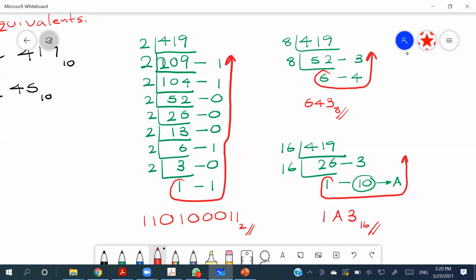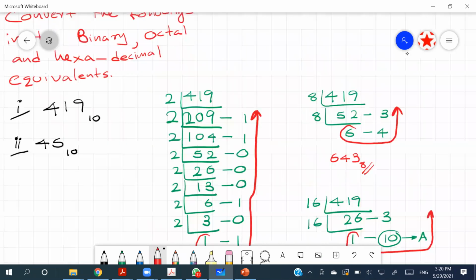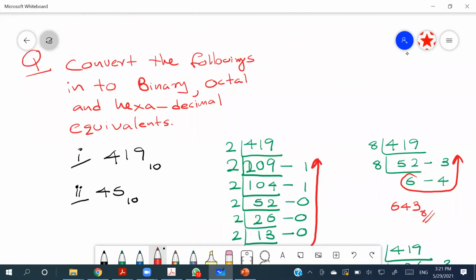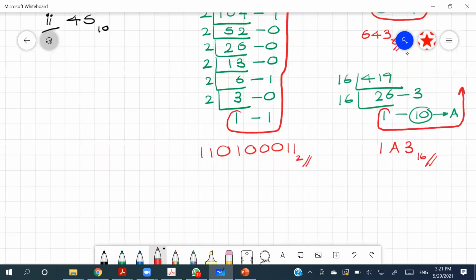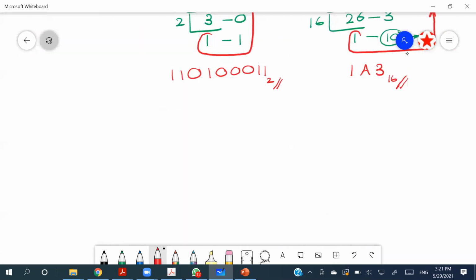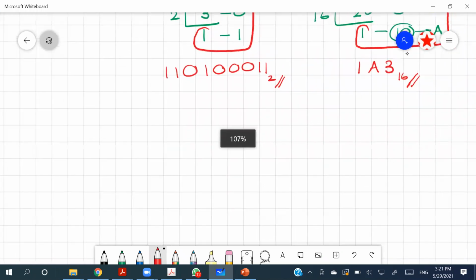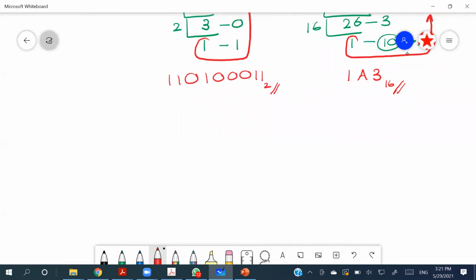Right? Okay, I'm not going to do the 45 because it is a simple calculation. Okay, now I'm moving to the second type of our calculation, right? So the second type is converting non-decimals into decimal number system. Okay, so you may have the heading